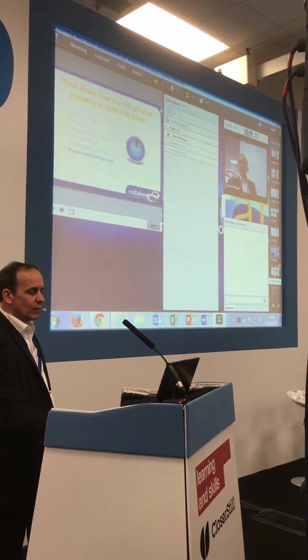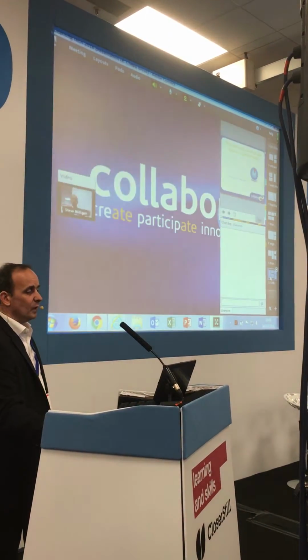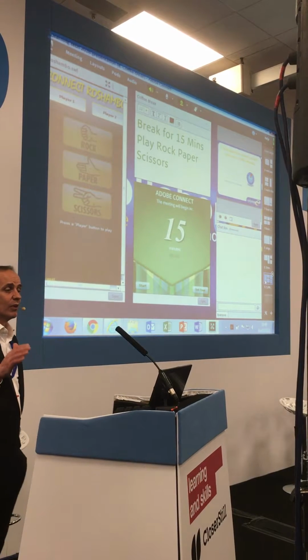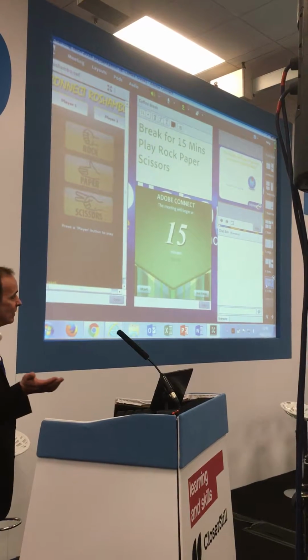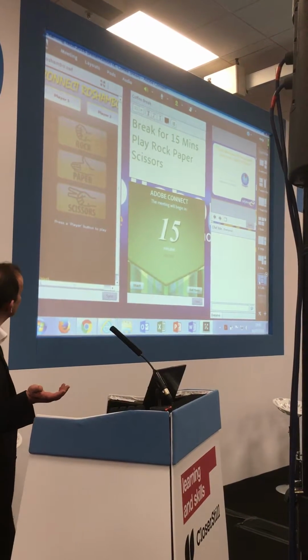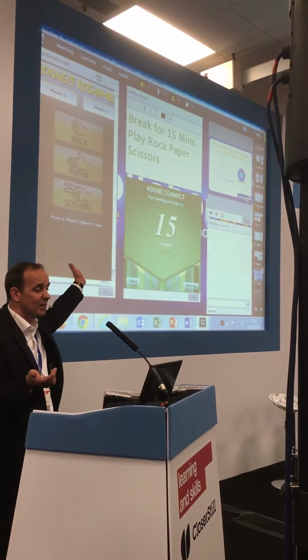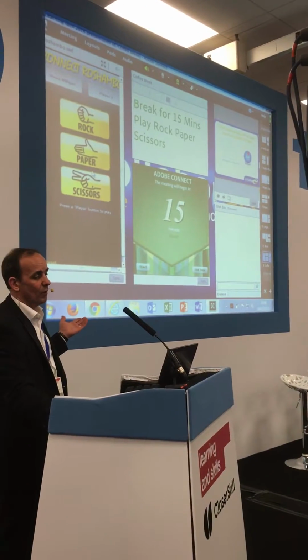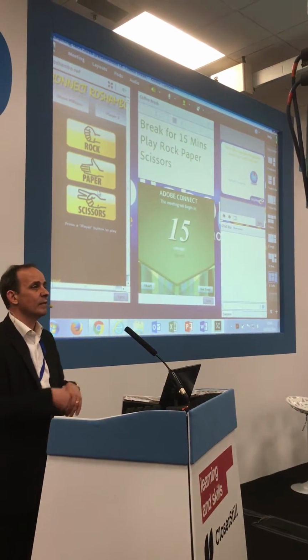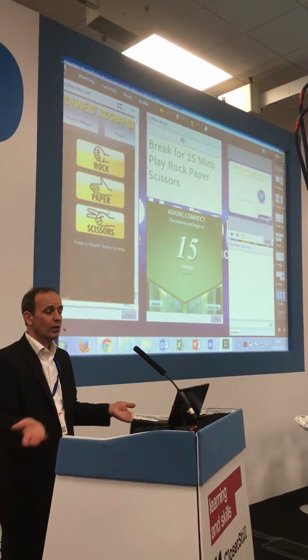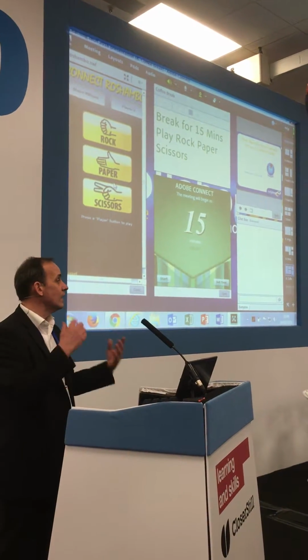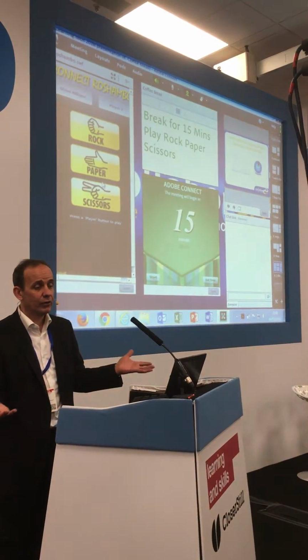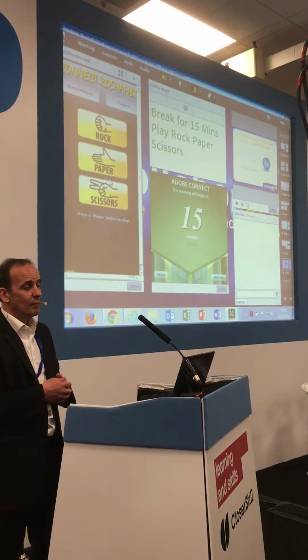So other things that we can do, coffee breaks. Let's not go for too long without giving them a break. So again, this is just a very simple layout. I put a rock, paper, scissors game in there, so they can play that amongst themselves. Click on player 1. They can go away for 15 minutes. You can give instructions what you want them to do. You have a countdown timer so they know when they need to come back and return and get focused again, and so on and so forth.